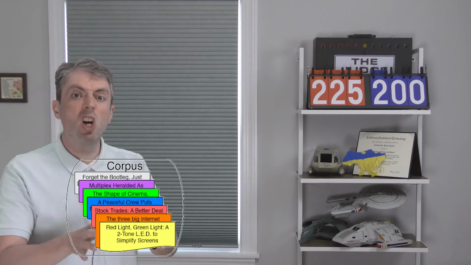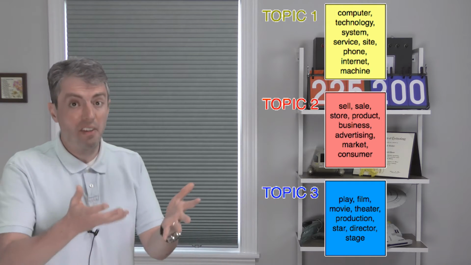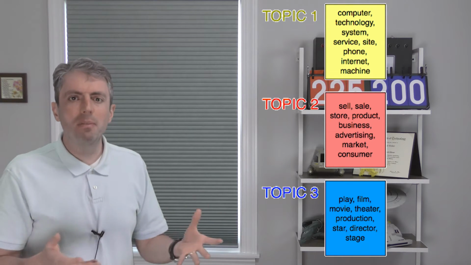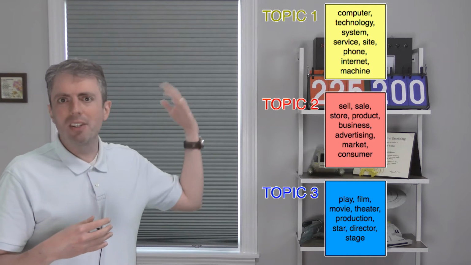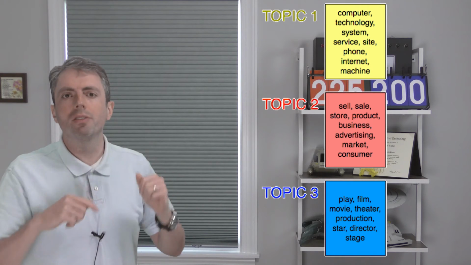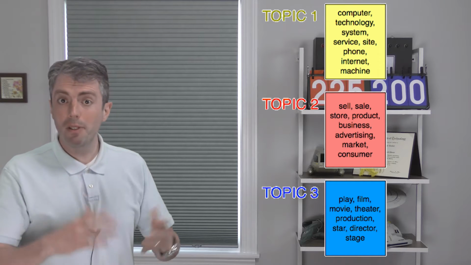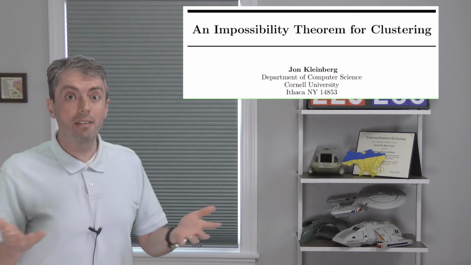A topic model takes a large collection of documents as input and spits out a summary or a list of words, a topic if you will, that summarizes the themes of a collection. For example, if you take the New York Times as input, you get entertainment, arts, and business as three of your topics. Link to a fuller description of topic models in the description if you're interested. The great thing about topic models is that they're an unsupervised algorithm. There's no right answer. There are exponentially many ways to cluster a document collection. And from a theoretical perspective, evaluating clustering itself is very difficult.